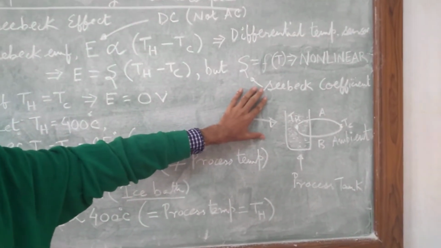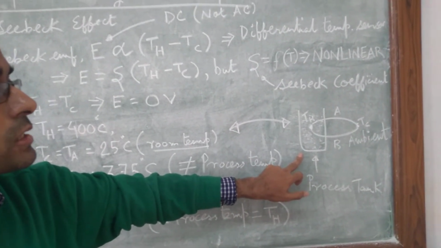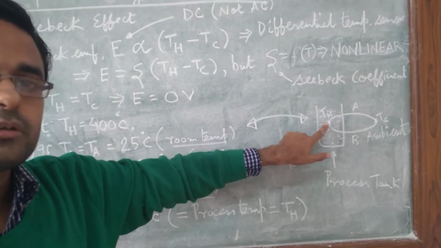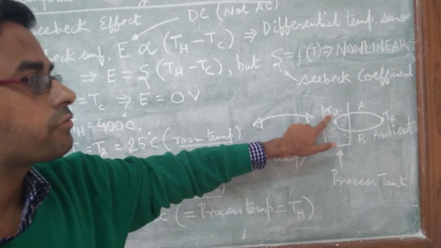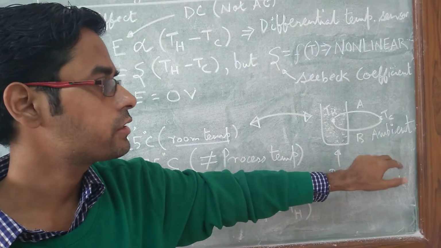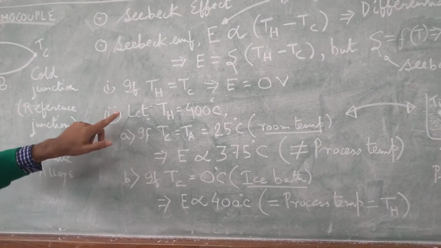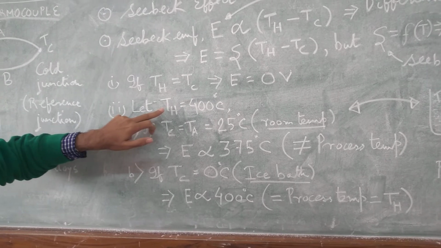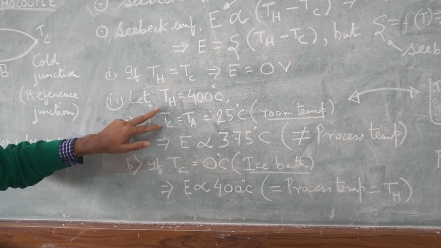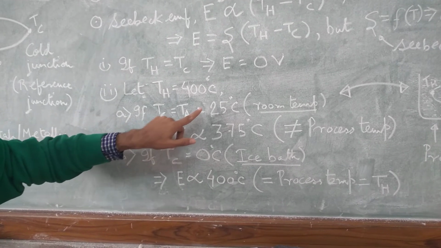Consider another case where you have a process tank and you have placed your couple in the form that one of the junctions is at the process temperature, which has a temperature of Th degree centigrade, and the other one is at ambient temperature, let's say room temperature, so that's Tc. Now considering some values, let's say Th is equal to 400 degree centigrade. Now if we have the cold junction temperature equal to room temperature or the ambient temperature at 25 degree centigrade,